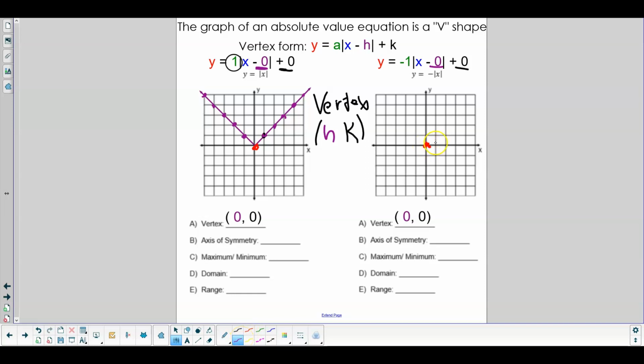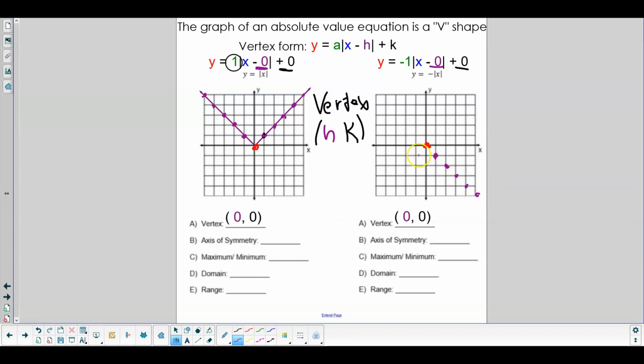So we're going to go over 1, but instead of going up 1, because that negative in front means I multiply by negative 1, then I'm going to go down 1. If I go over 2, it's normally up 2, but because of the negative in front, we multiply, and we go down 2. So in this pattern, it goes over 1, down 1, over 1, down 1, and we can continue that on to the right,